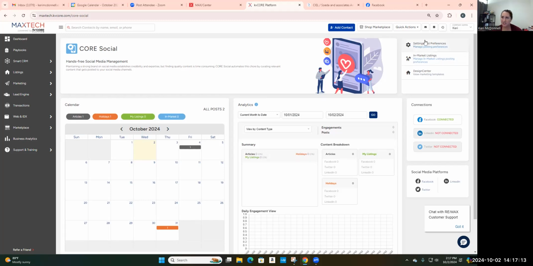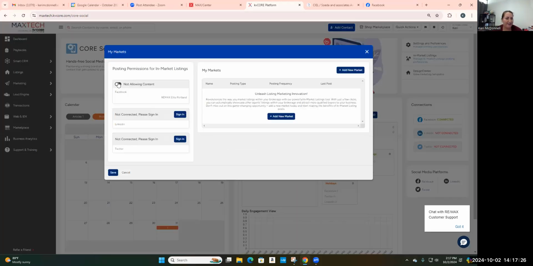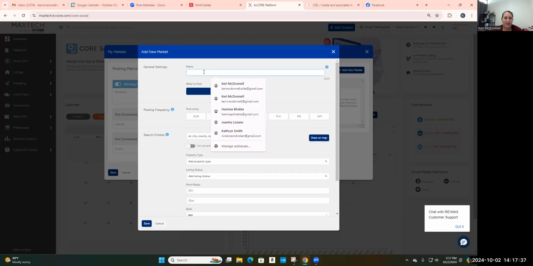And then I was going to show you guys the in-market listings. So if you click this up here, it's underneath settings and preferences. It's this button, in-market listings. You're just going to select this, right? Same thing. So we're just going to toggle this allowing content over, just so it can post to your social, right? And then we're going to add a new market. So we're going to name this, and